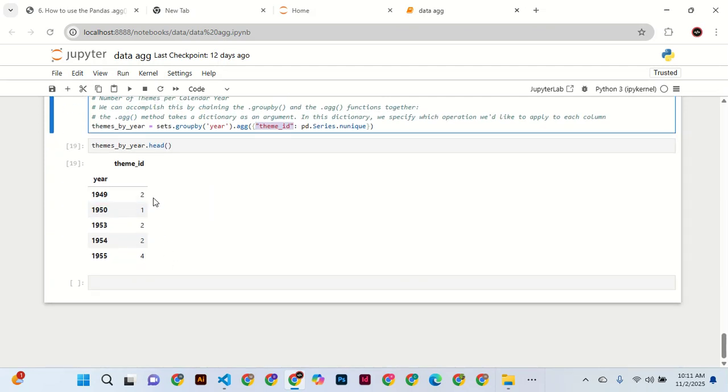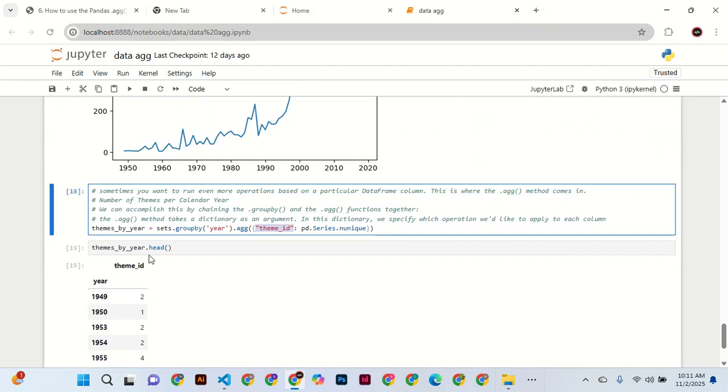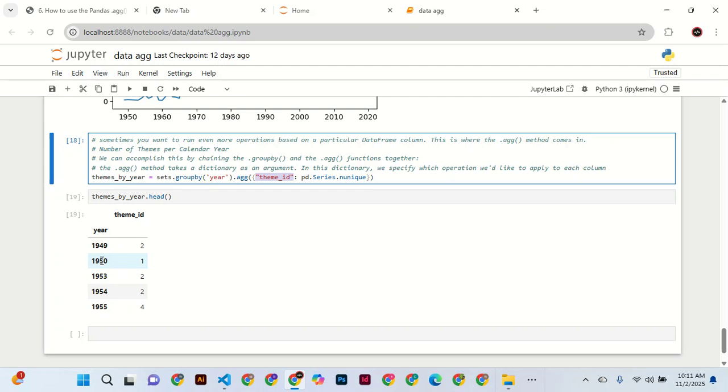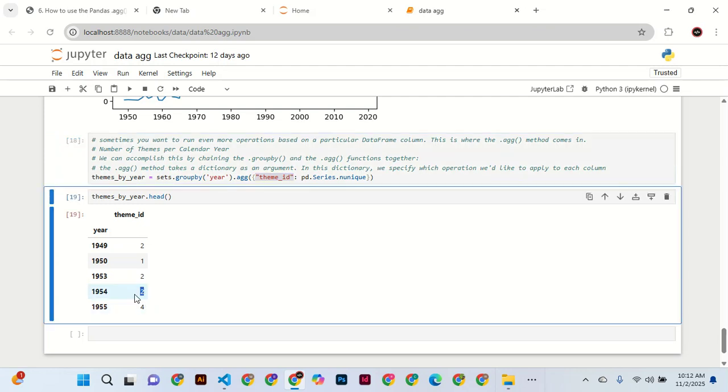In this year, we had only 2 unique, and in 1950 we had only 1 unique theme, and 1912 we had